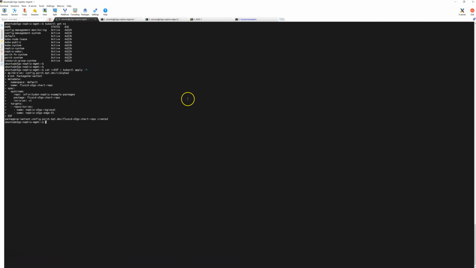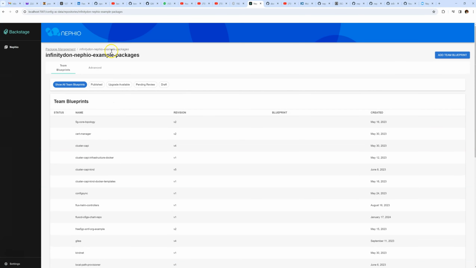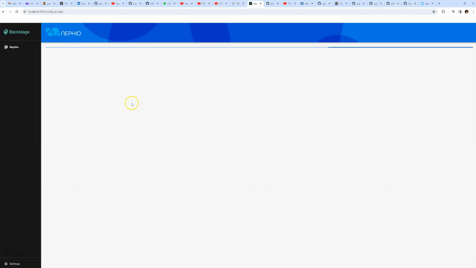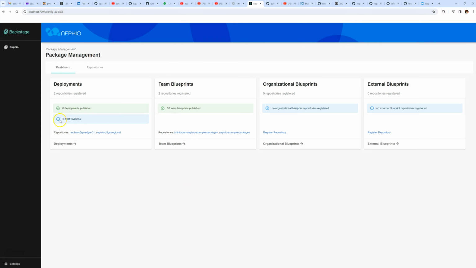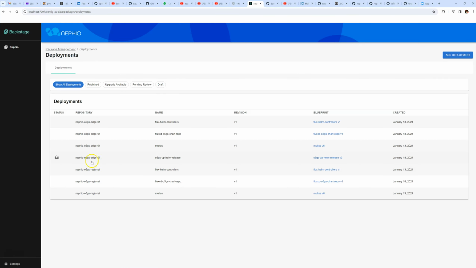So if we go to the Nephio management cluster and create this for the UP, then if we come back to the Nephio UI, we'll see that we have another draft revision. Or we could also see from the deployment screen here,